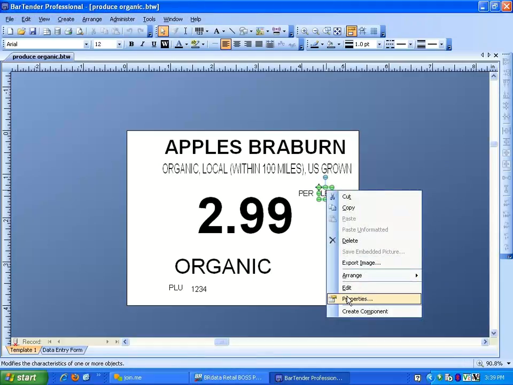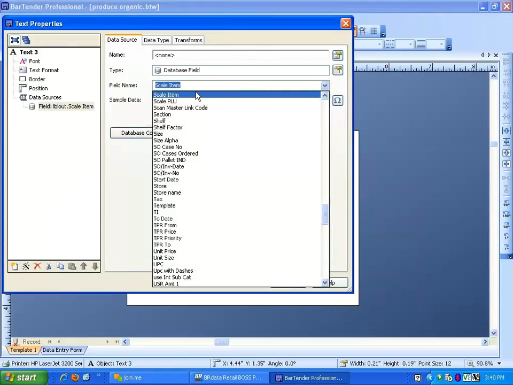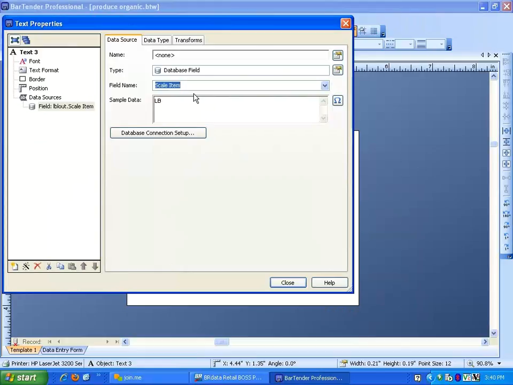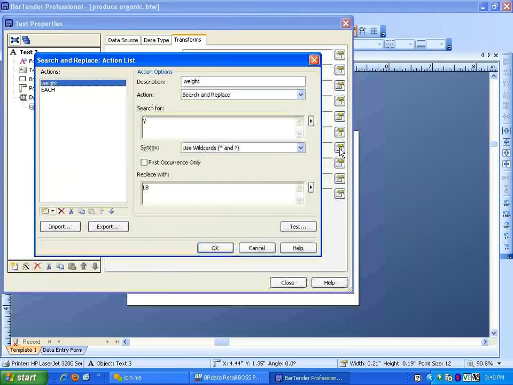So if I right-click on the properties of this field, the field name, there's a field in BR data called scale item, and it prints it in BR data on the label file. It's got a yes or a no. Yes if it's a scale item, no if it's not. So if I go to this transform tab and I do this search and replace, what you can do is come down here and click on this new action and give it a description of what you're doing here. And basically I'm going to say this is the weight